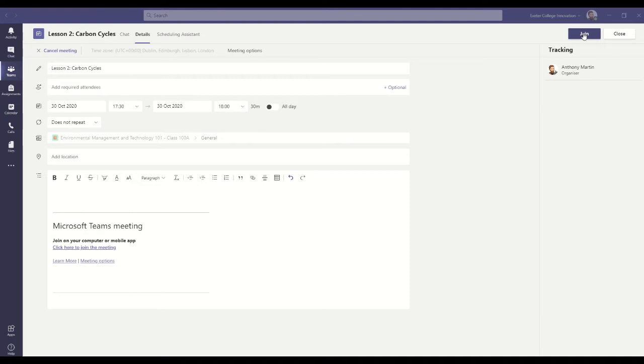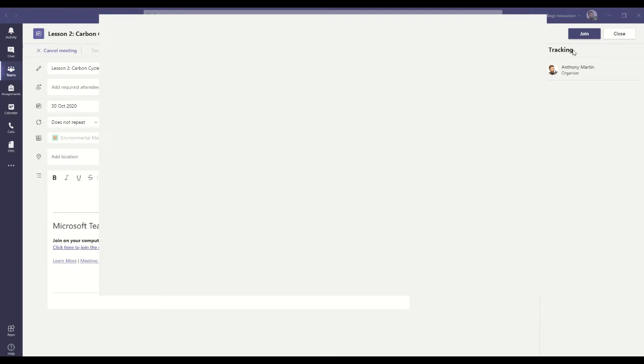So if you allow yourself about 15 minutes, if you can, that gives you time to make sure things like your camera are working, that your microphone is working correctly, that you've got your team set up in the way you would like it to be, and that your meeting is set up in the way you would be ready to accept students into it. So if you click join,